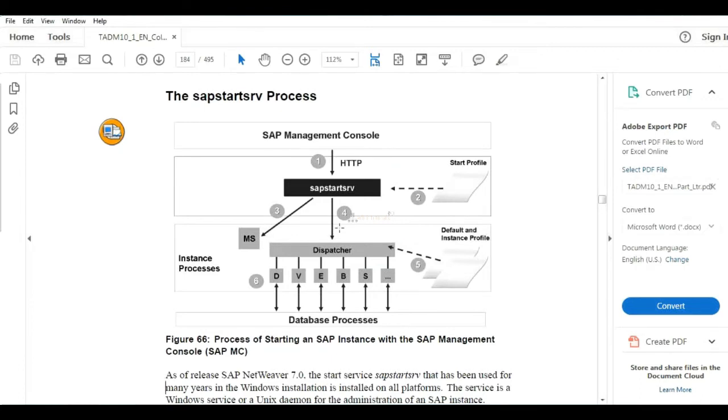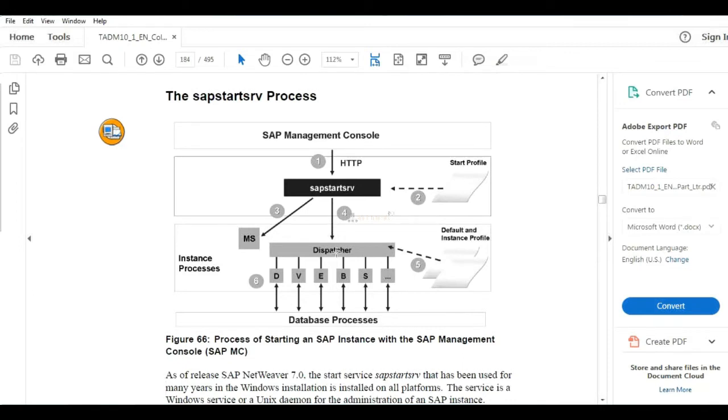So now we are talking about the SAP Start SRV process. When you start your SAP, one process will be executed. The process name is SAP Start SRV. First it will read the start profile. Based on the start profile, it will start the message service first, and after that the dispatcher.